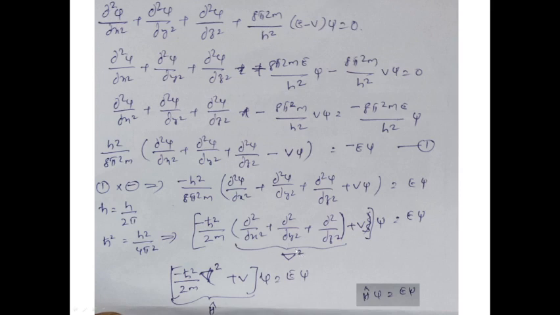Okay, and then we write the equation: minus h bar square divided by 2m del square plus v, psi equal to E psi. One Laplacian operator is here, and the potential energy term will also be there, and this whole term is another operator, H hat. This is what is called the Hamiltonian operator, and if we substitute H hat here, H psi equal to E psi. This equation is the reduced form of the Schrodinger equation using the Laplacian and Hamiltonian operators. Hope you understand it.